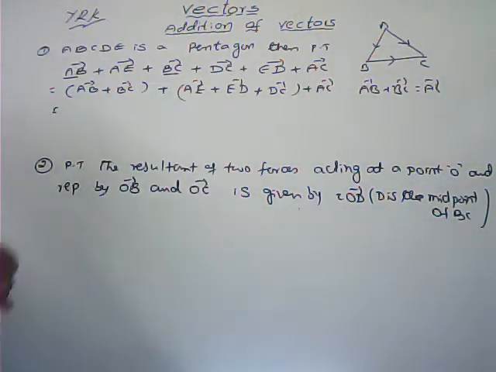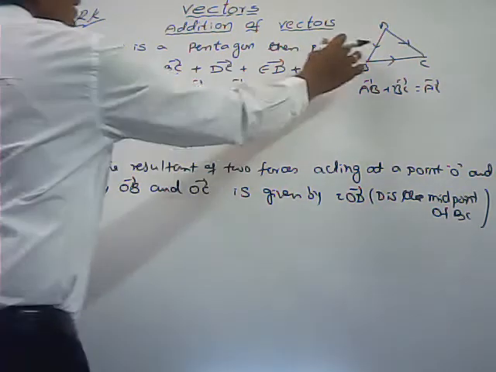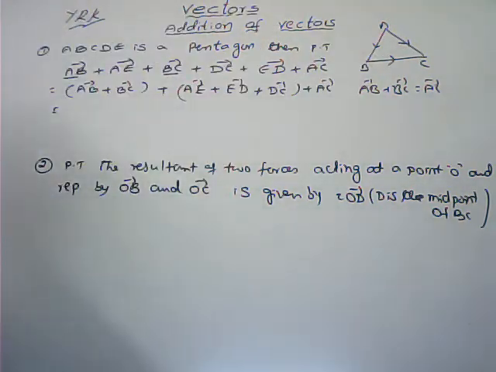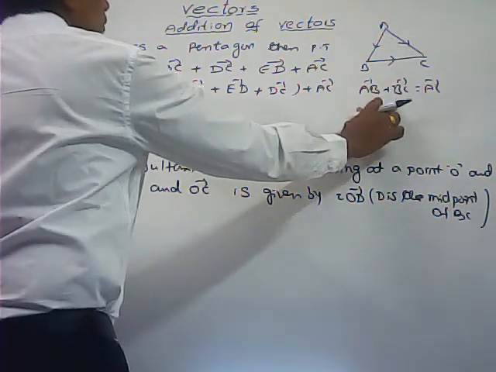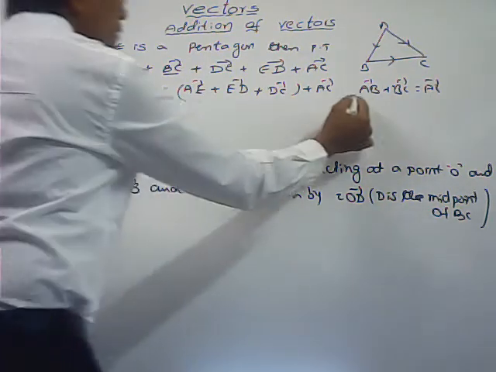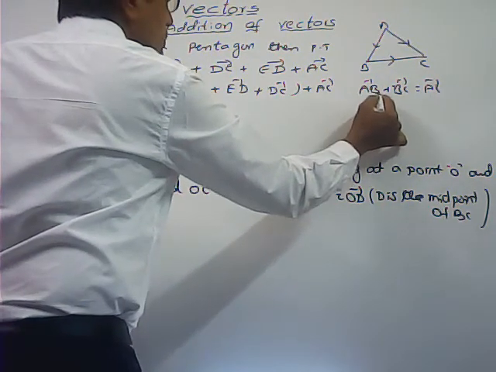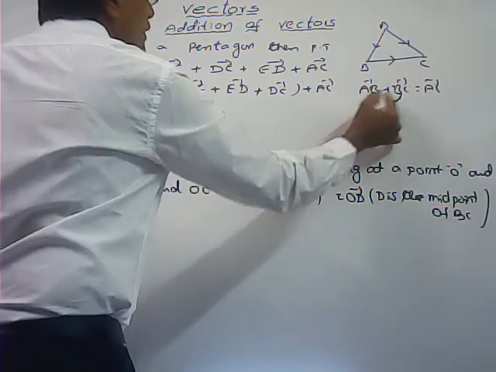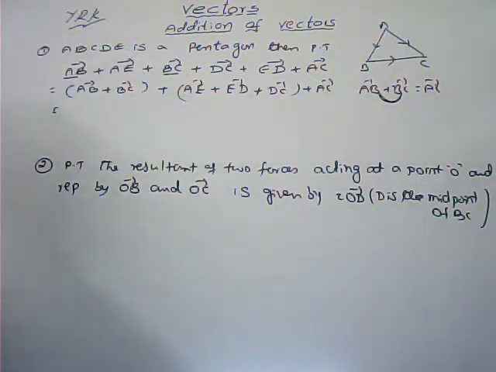Here two vectors AB bar and BC bar represent two sides of a triangle taken in one order. Their sum, AB bar plus BC bar, is represented by the third side taken in the opposite direction. Now by combining these two, AB bar plus BC bar, then we can write directly AC bar.